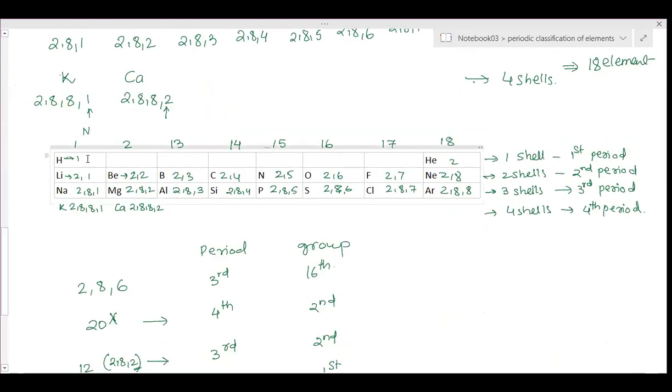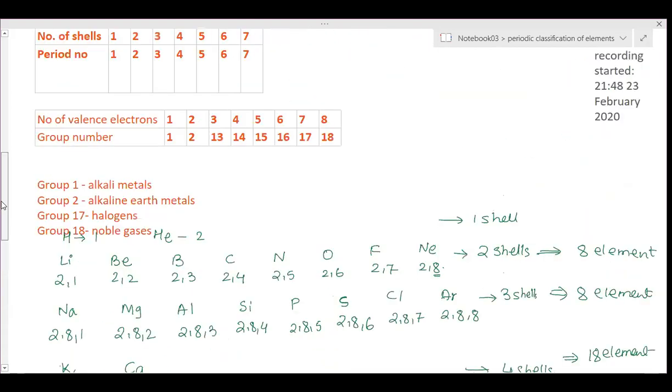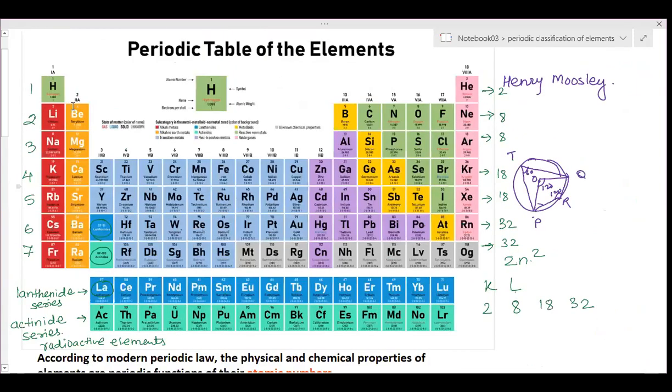So if anyone has one valence electron, wait one second. In this table, see, hydrogen 1, lithium 1, sodium 1, potassium 1. These have one valence electron, so they are present in the first group. Beryllium, magnesium, calcium have two valence electrons, so they are present in the second group. Boron and aluminium have three valence electrons, but they cannot be placed at 3 because these are representative elements. In the table, you can see first group, second group, then after that 13, 14, 15, 16, 17. These are all representative elements, therefore they are within the A subgroup. If you see below those numbers, it is 1A, 2A, 3A, 4A, 5A, 6A, 7A, 8A.